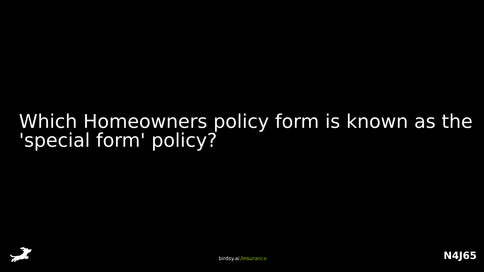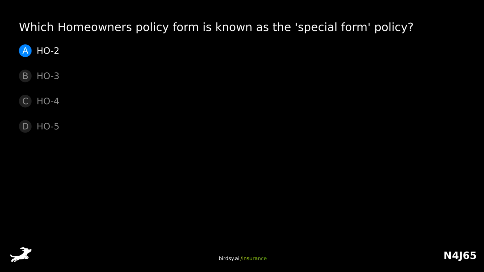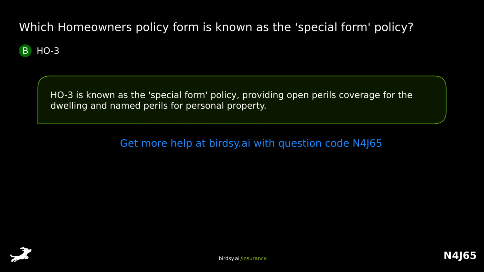Which homeowner's policy form is known as the special form policy? Is it A, Homeowners 2 policy, B, Homeowners 3 policy, C, Homeowners 4, or D, Homeowners 5? The answer is B, Homeowners 3. Homeowners 3 policy is known as the special form policy, providing open perils coverage for the dwelling and named perils